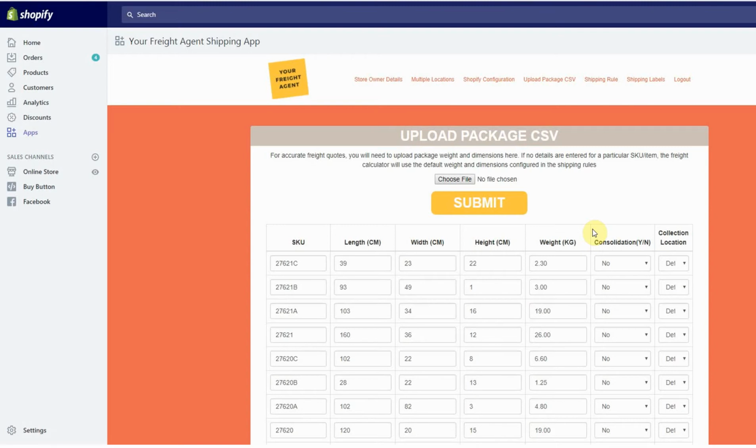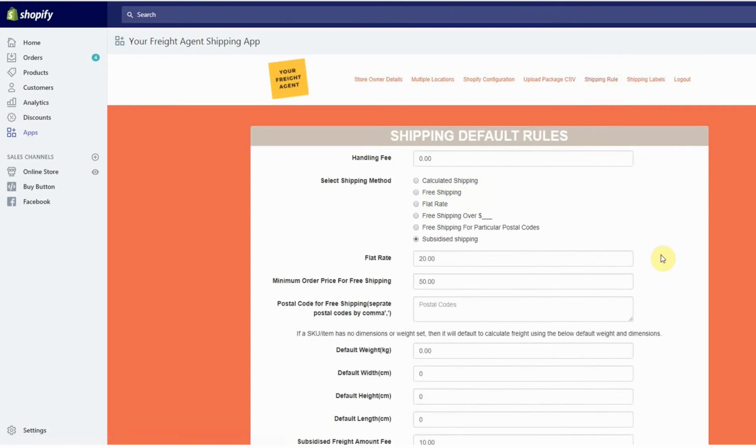The collection location in here is set to default, which means that that's set to your store owner details. Again, this goes back to the multiple locations, so if you have multiple warehouses, you can pick different location points for each product. The next section I'll show you is shipping rules, which is really exciting because this is where